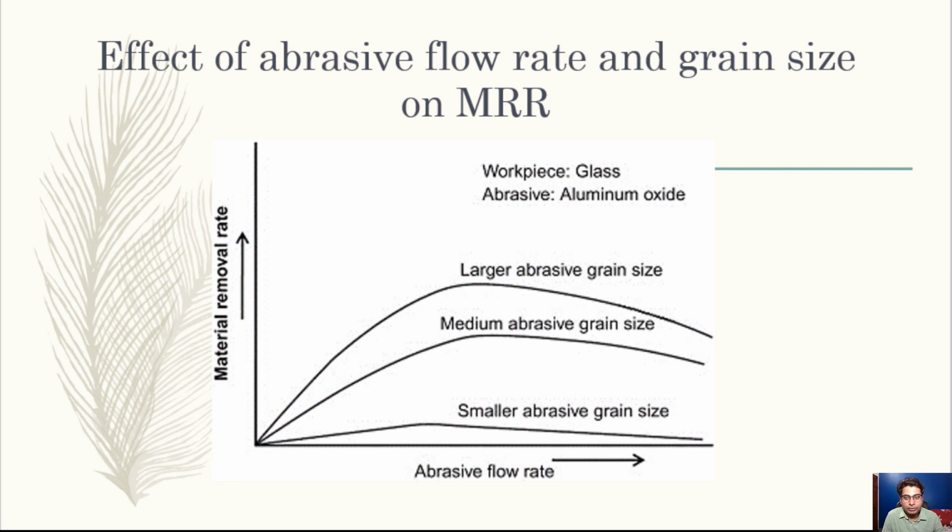This is owing to the fact that the mass flow rate of gas decreases with increase of abrasive flow rate, and hence the mixing ratio increases, causing a decrease in material removal rate because of the decreasing energy available for erosion. So the trend is that it will increase up to a level, and after that it will decline.